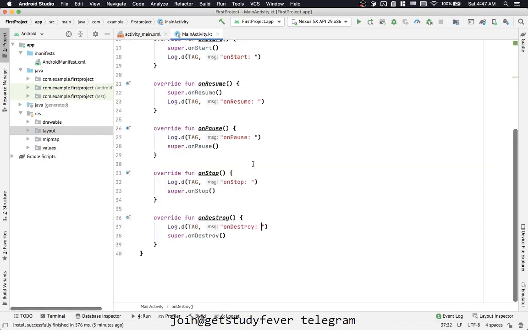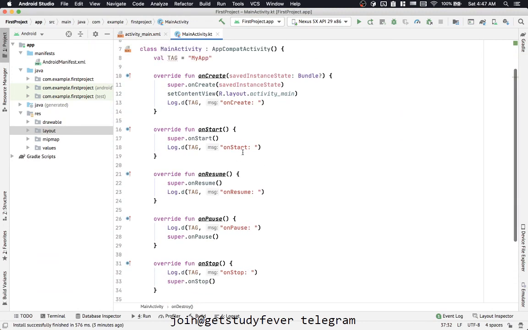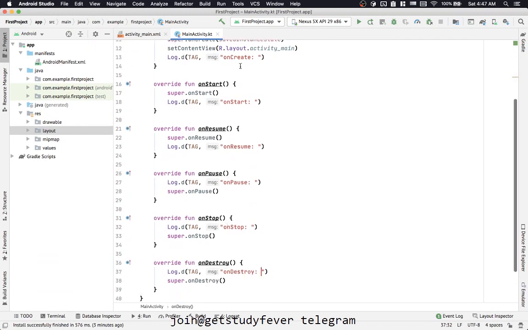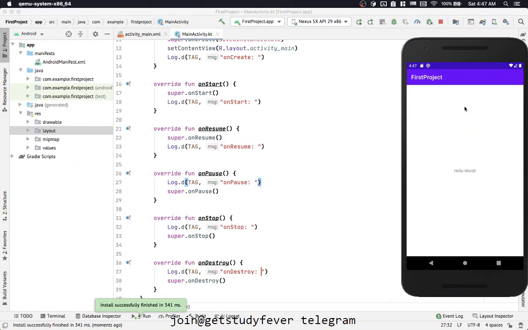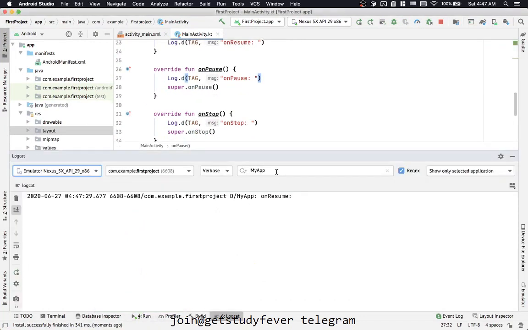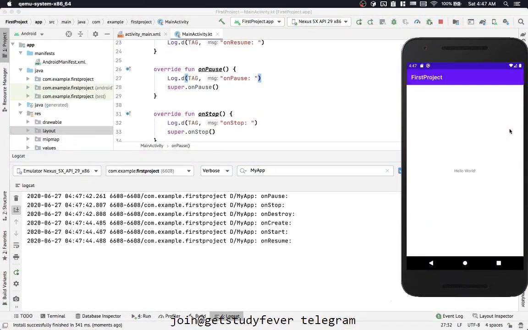So what we have here is we have added these log lines so that I can get to see when these events happen, and the events are create, start, resume, and pause, stop, and destroy. Now if I restart my app and build and then install onto my phone and then it will run, and if I go to logcat, I will see that as of now let's just remove all the code, and let's, if I just open this app again, so see create,